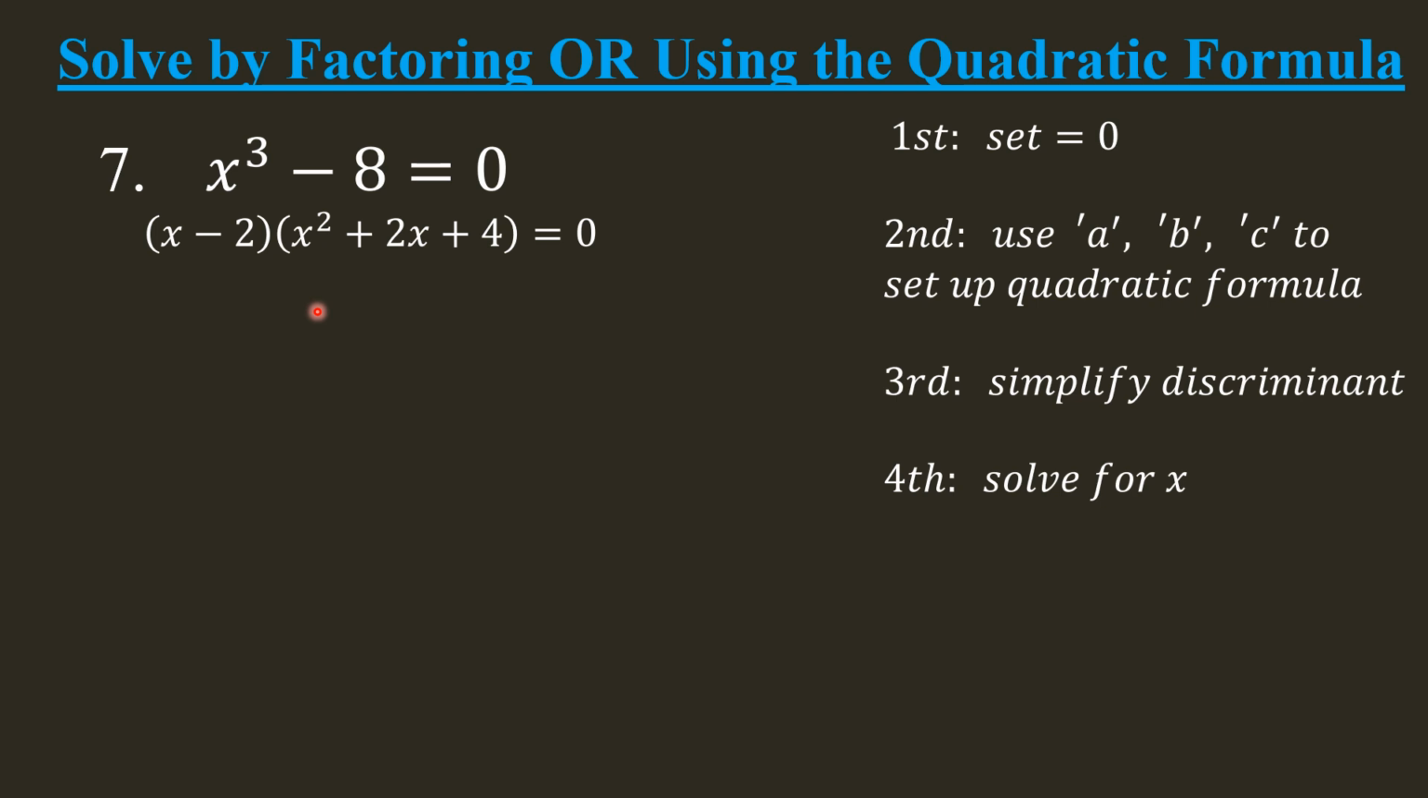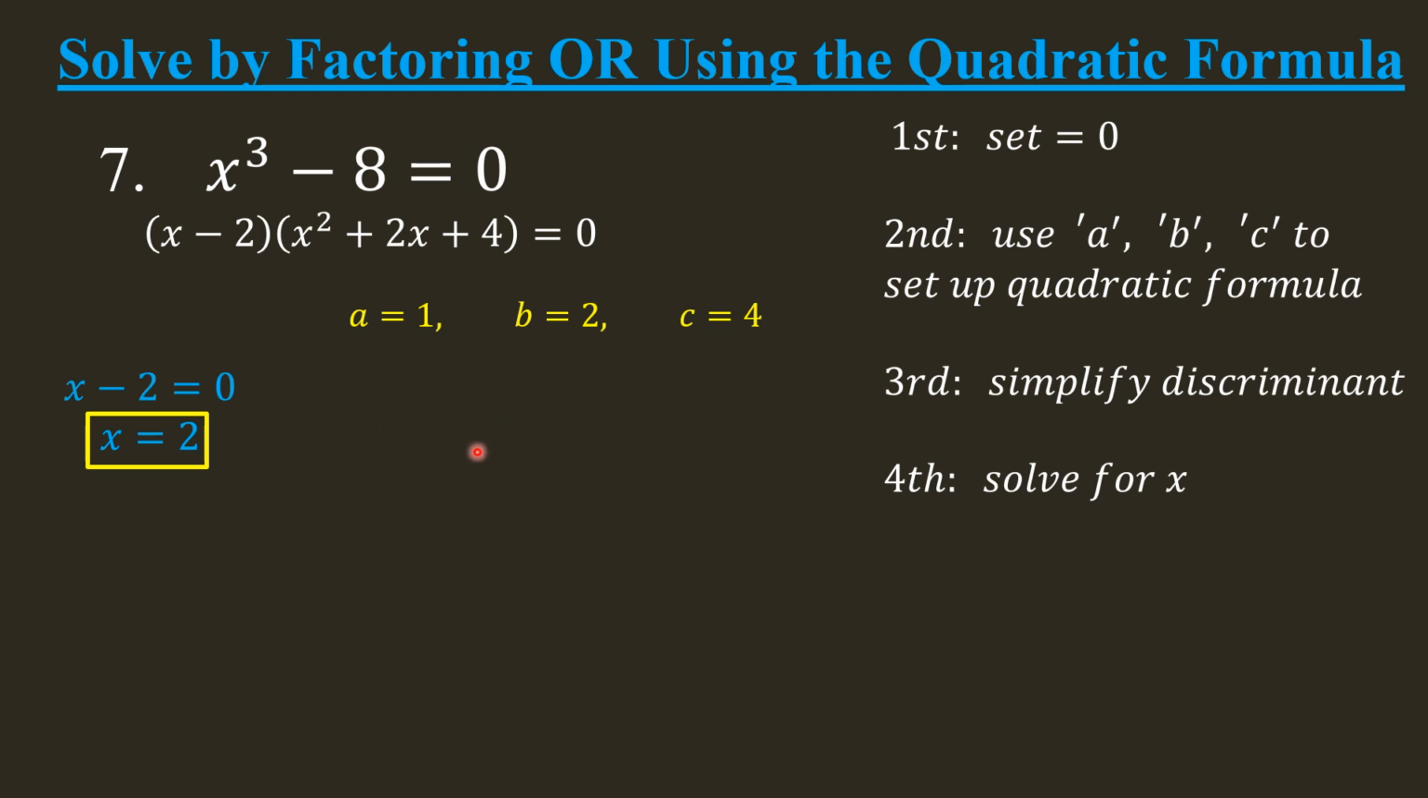Since these factors are multiplied together and equal 0, the zero product property states that I can set them individually equal to 0 and solve. So if x minus 2 equals 0, when I solve for x, I just get 2. Cool, that is one of the 3 solutions. For the next one, x squared plus 2x plus 4, we are going to use the quadratic formula. Anytime you're solving a sum or difference of cubes, you'll get one linear factor, x equals 2 in this case,